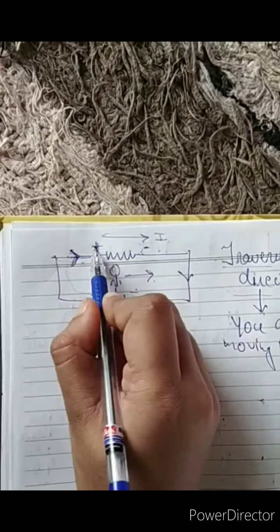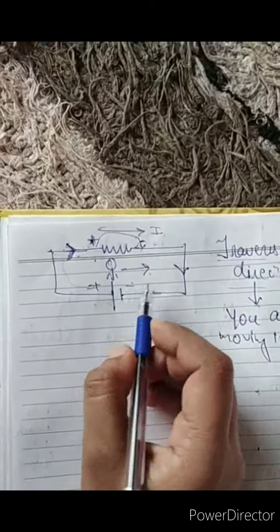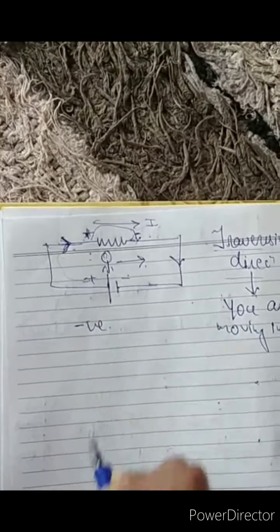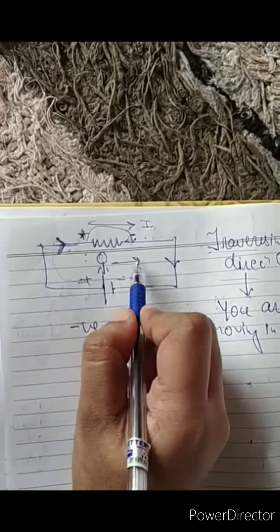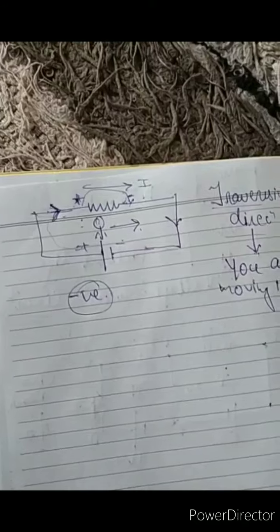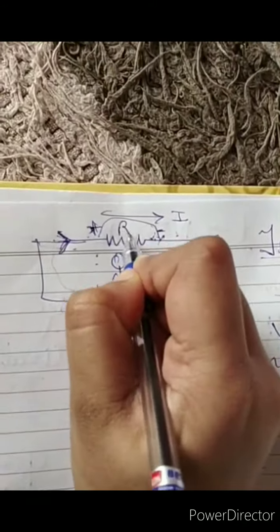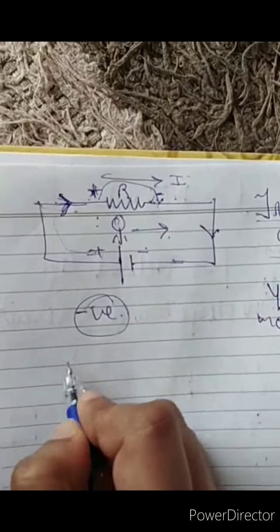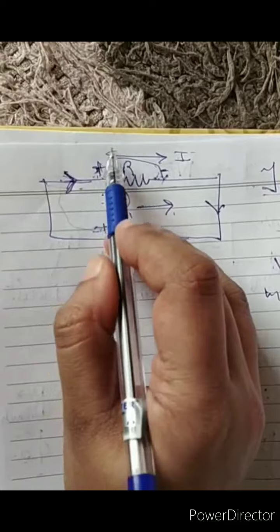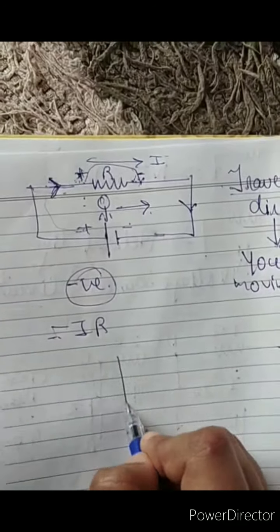Plus to minus means voltage is high here and low here, so voltage is dropped. So now you will take the negative direction. You will say I am in the potential drop direction, so you will take the current with a negative sign. Suppose the resistance is R and current is I, so you will say minus IR. Why minus? Because you are going from high towards low potential.